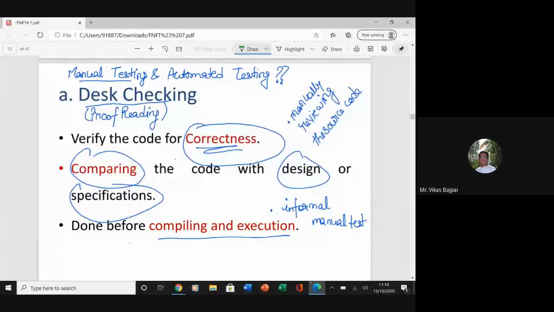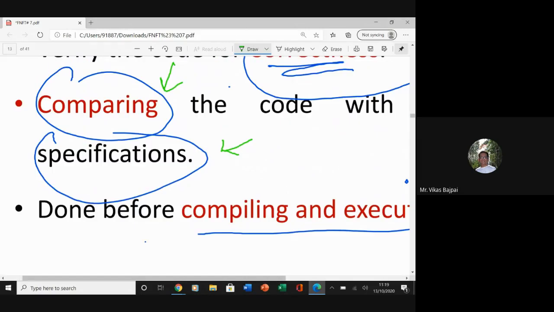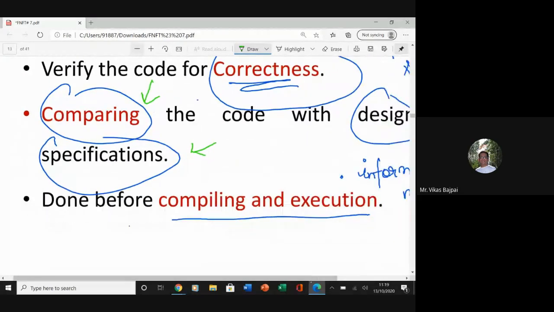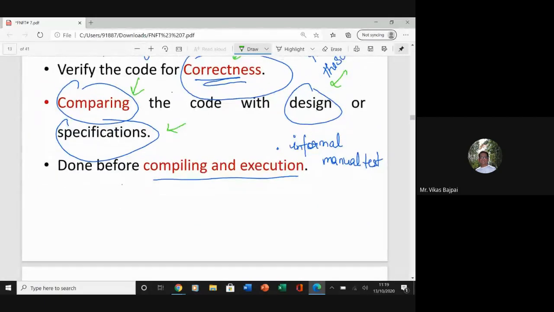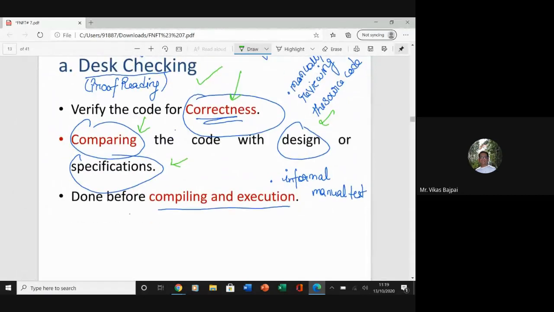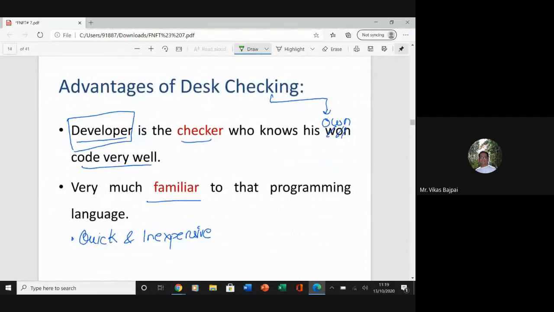So in test checking, let me quickly go through this. In test checking, what we do is verify the code for correctness, and we compare the code against the design or the specification. Just before compiling and execution, we go ahead with this kind of test, right? So just before the compilation process, I am going ahead with this kind of testing. Some of the advantages of test checking are that the developer is the checker who knows this particular